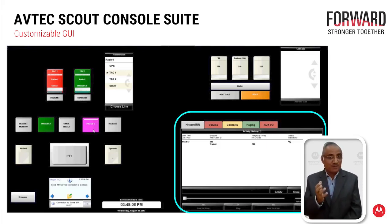Like volumes, when I'm saying the volume control, because you have different speakers, like speaker 1, speaker 2, speaker 3, and your headset also. So you can monitor or control all of the volumes through this tab. Many of the functions which you will find in the training, when you go for the administrative training, you will find that it has a lot of customization provisions which you can do as per the requirement of the